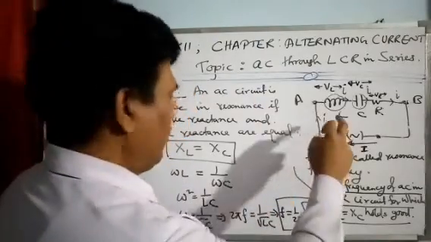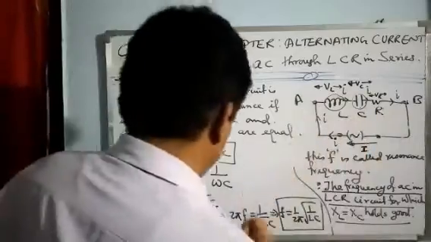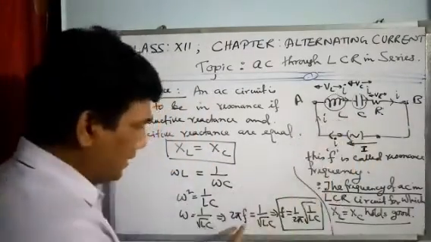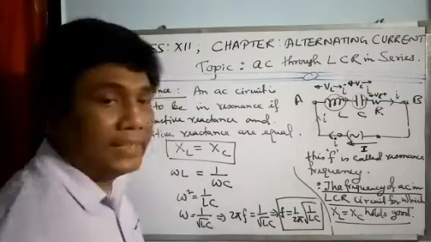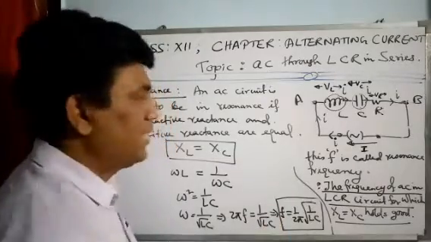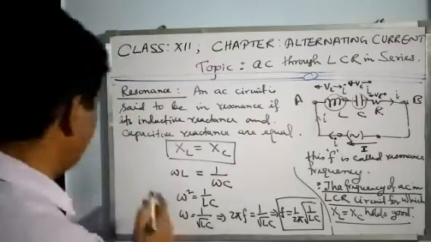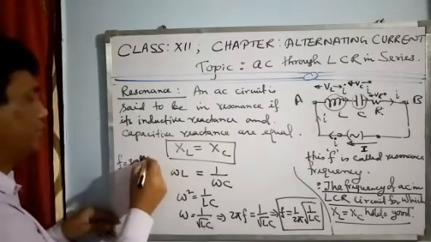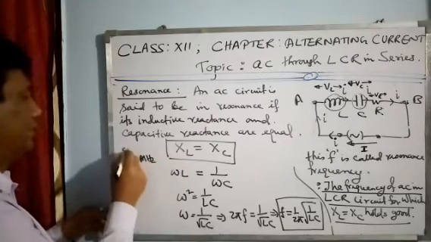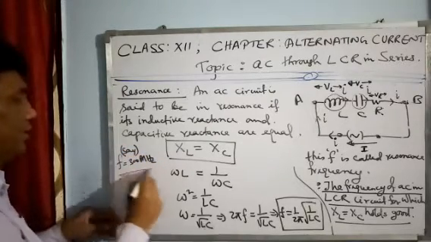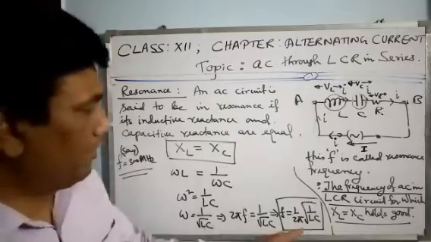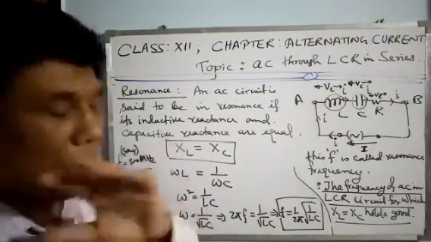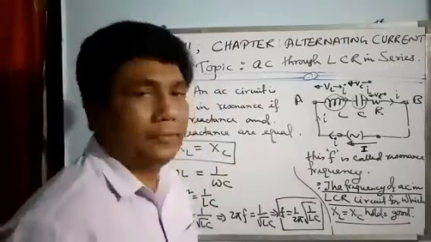After putting the value of L and C, whatever I have put here, say I have found the frequency is something hertz. Say the frequency is 300 megahertz. This is just an example only. After putting the value of L and C, f is found to be say 300 megahertz. Now what will happen?